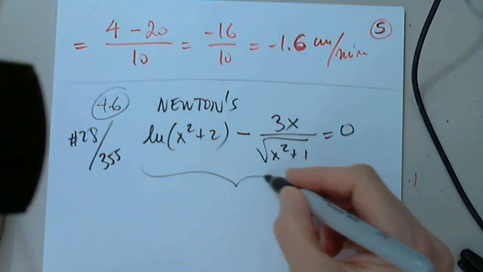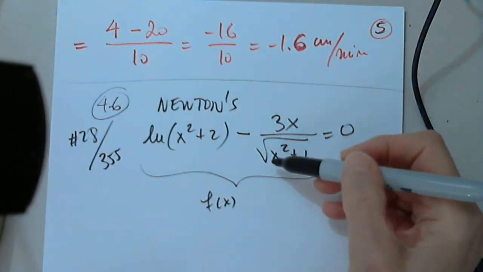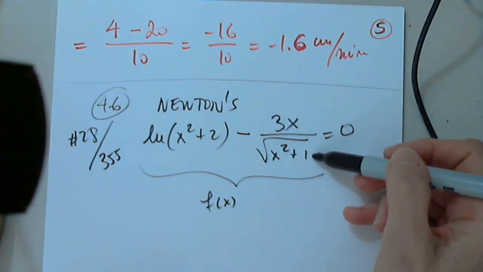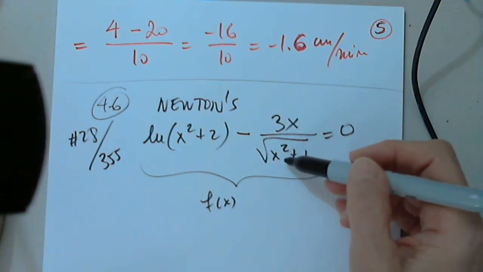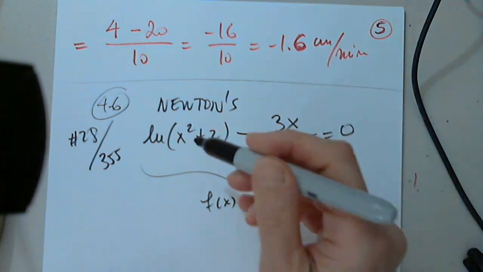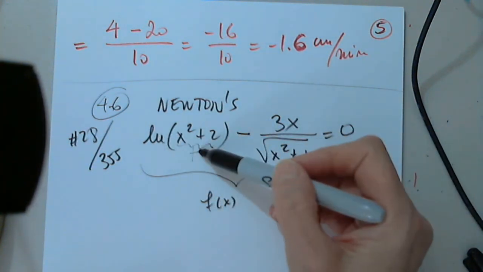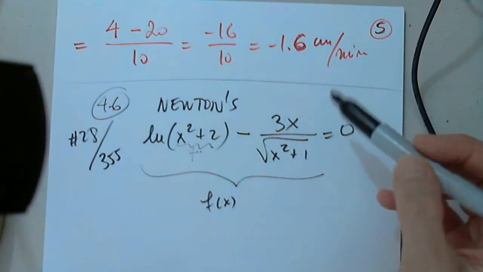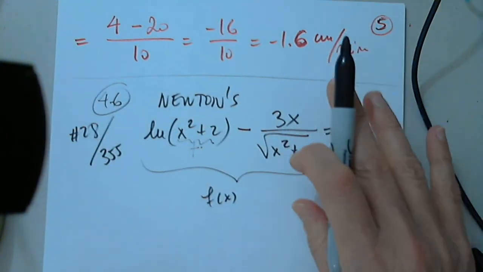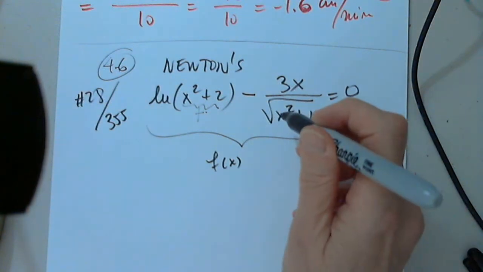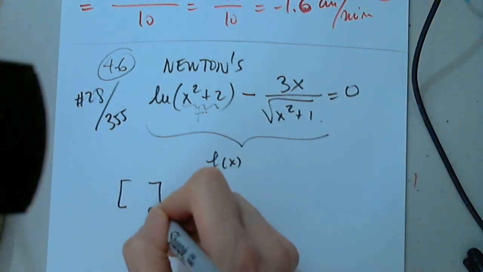Okay, so of course this is our function f of x. Notice that this is always defined. It's the square root of a positive number, never 0. This is always defined. This is always a positive number. Natural log is always defined on positive numbers. So no problems here. I will have to put it in the graphing calculator and obtain, please,